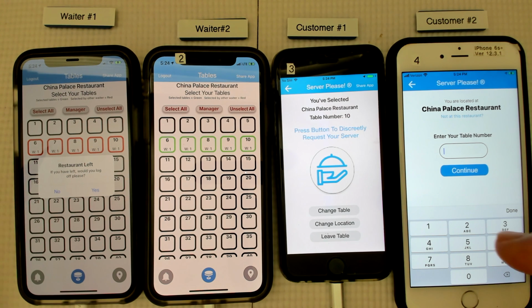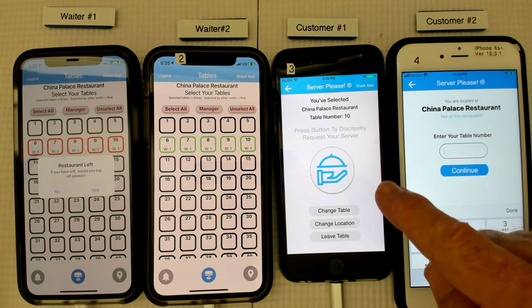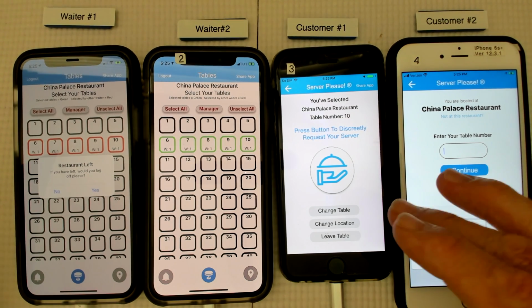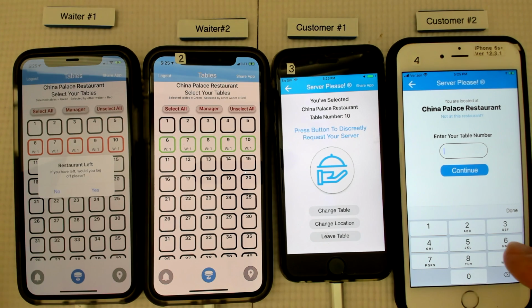So in this app, only one customer can select a table at a time. This prevents a customer from pranking other customers' tables. Say this kid is in the restaurant and wants to change his table to table number 10, it bumps this guy off. He can request the waiter goes over there, I didn't request you. Okay, then the waiter gets called to table 24, table 27, 57, 97. They're going to say, we can't use this app. So it prevents pranking, it prevents a customer from accidentally selecting the wrong table number,